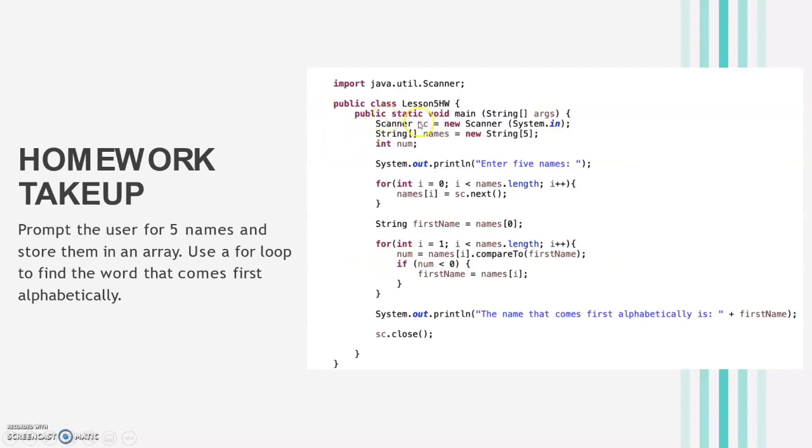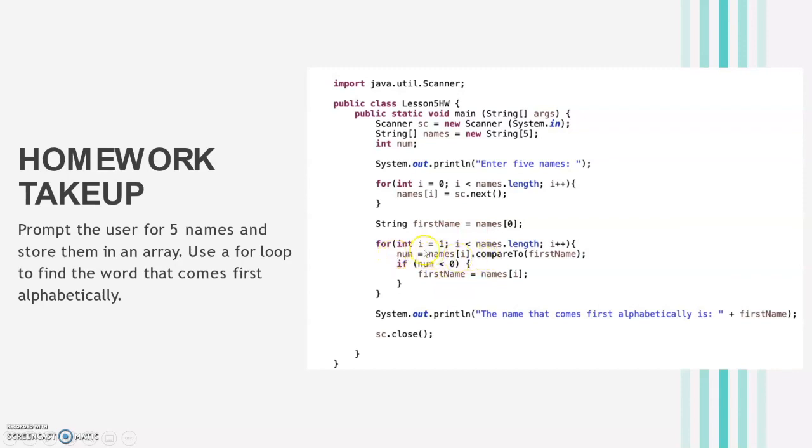So first we initiated a scanner, which allows the user to input things. And then we initialized a string array of 5 indexes because we only needed 5 names. Then we created a for loop, which looped through the array and asked the user each time to enter something. And then we created a first name string, which stored the word that came first alphabetically. And then we looped through the array again and